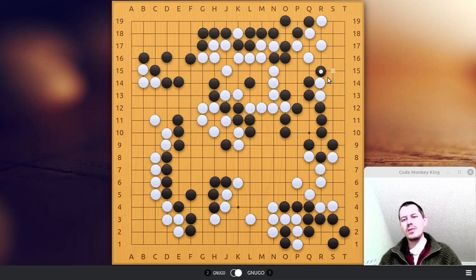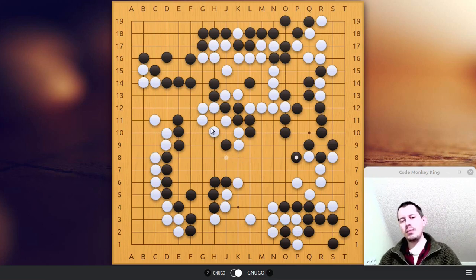And again, this is strange. So he could have grabbed this one and made this big thing here. So here I ignore the Atari, which is threatening to take only this one stone, which doesn't make any sense because we have a much bigger situation on the board. So Go is really about estimating what is bigger and what is really urgent at this particular point. So after this move,